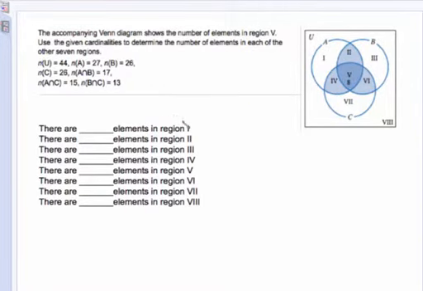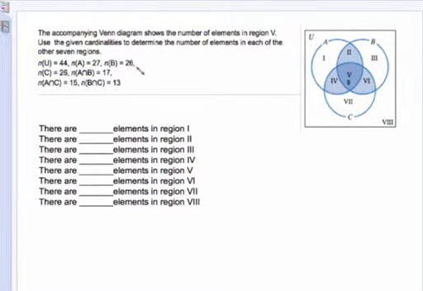A bigger problem asking about all of these regions, we need to take this information as well as this information right here and figure out what's in these regions. Remember what this 8 is. This is your intersection of set A and set B and set C. So that's the place to start. That's the innermost region. We've got that labeled as 8. To fill out 4, 2,